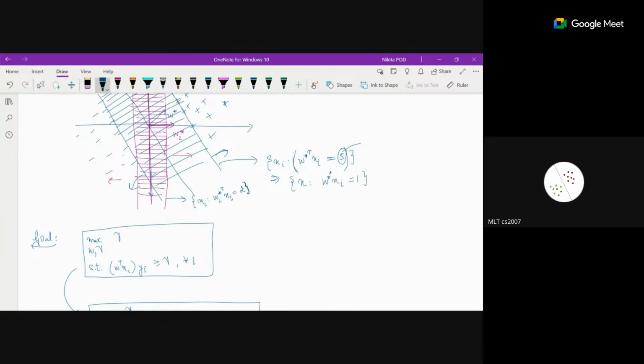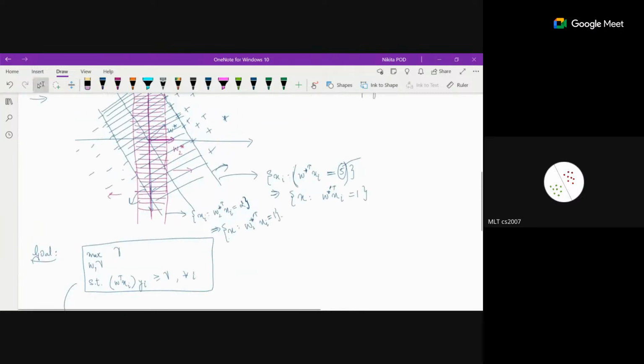So instead of restricting the length of w to be 1, we can restrict gamma to be 1. Even if we look at this equation, we can again say the set of all x such that w2 star dash transpose xi is equal to 1. If we fix my w, in case we had fixed our,